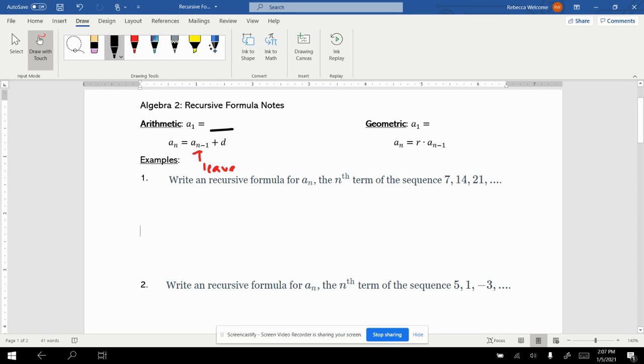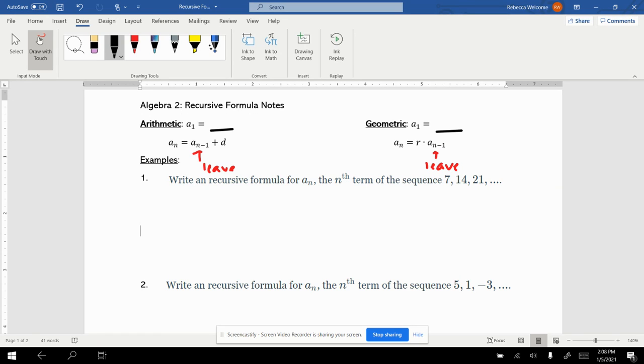And then for geometric, kind of the same thing. So you'll have to identify what a sub 1 is. A sub 1 equals blank. And then a sub n equals your ratio times this a sub n minus 1. So you're just going to leave that how it is. So the first couple examples is just going to be writing the formula, and then we'll work our way into